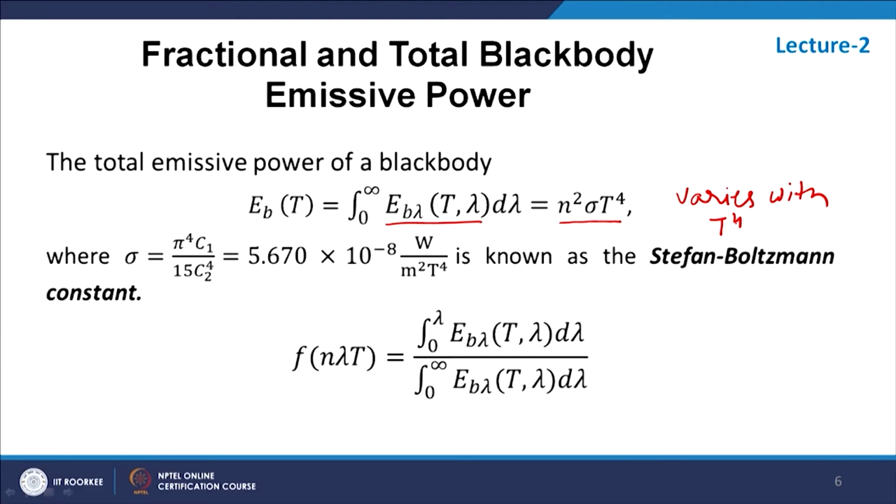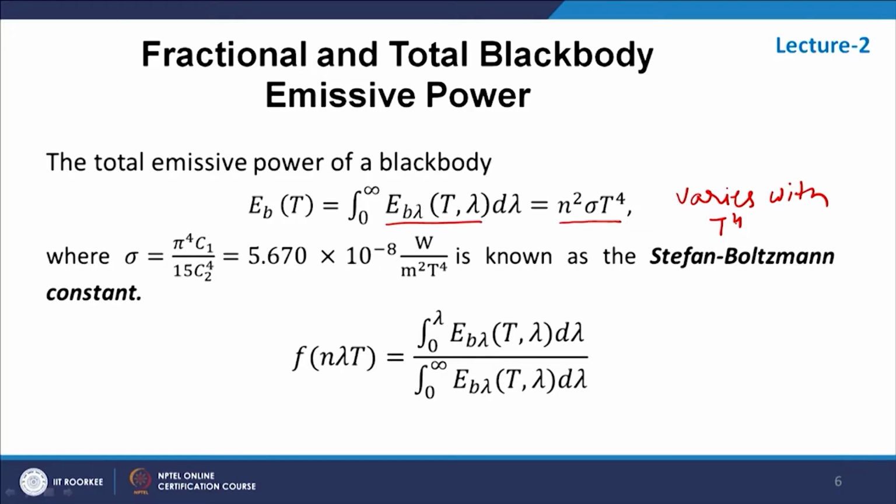Unlike conduction and convection, which are basically linear phenomena, radiation varies non-linearly with temperature, with the power 4. That is why at high temperature we need to study radiation, because at high temperature the radiation energy significantly dominates over conduction and convection because of this power 4 effect. So, radiation will be a very important phenomenon at high temperatures.